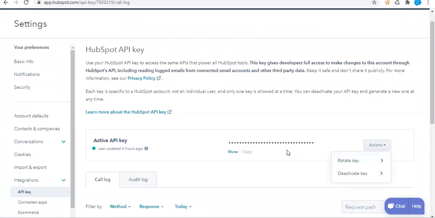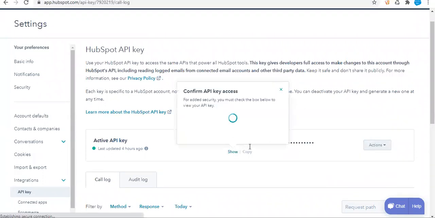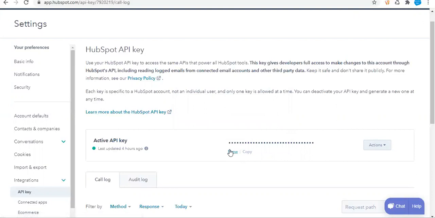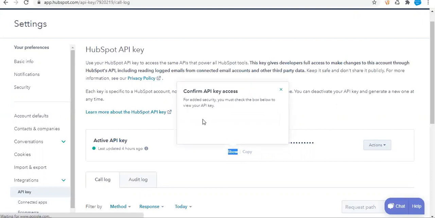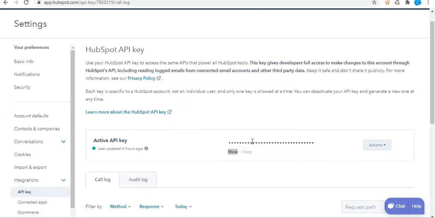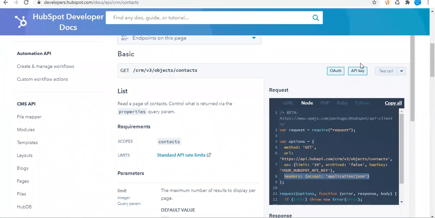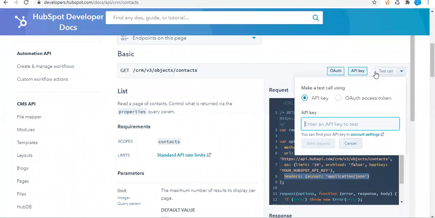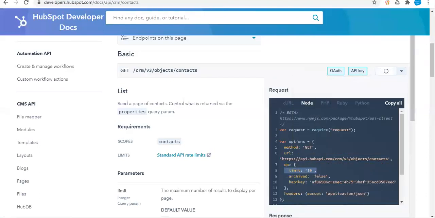So we can click on show key. For showing the key, you need to click on show key and we need to verify the information. Let's copy this and let's go to HubSpot and test this call. Send request.